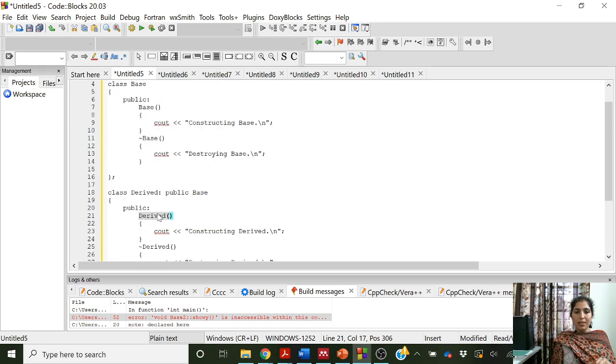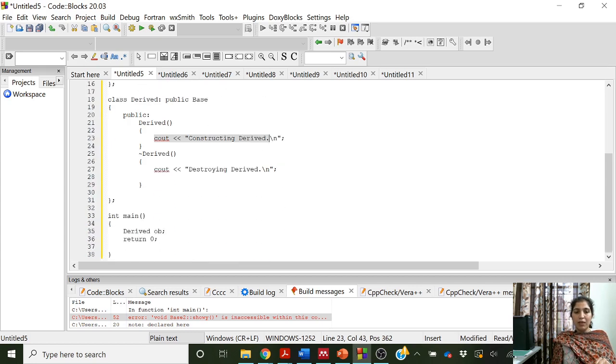So derived class constructor will call the base class constructor, and the base class constructor will execute itself. So it will print constructing base, and then after execution it will return the control to the derived class constructor. So the derived class constructor, after the execution of the base class constructor, will execute itself. So it will print constructing derived.